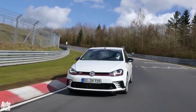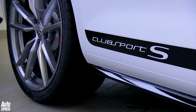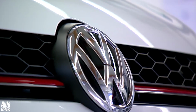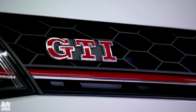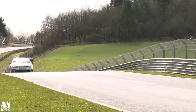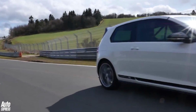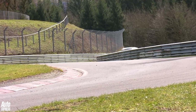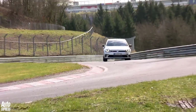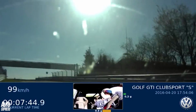£35,000 might sound like an awful lot of money to ask for a mere Volkswagen Golf, but then the GTI Clubsport S is, despite the cliche, no ordinary Volkswagen Golf. For starters, it has no rear seats because they've been binned in the name of saving 30 kilograms of weight. Second, it has the not so small matter of 306 bhp and 380 newton meters of torque, courtesy of its tweaked 2-litre turbocharged engine. And third, it's just broken the lap record for a front-wheel drive car around the legendary